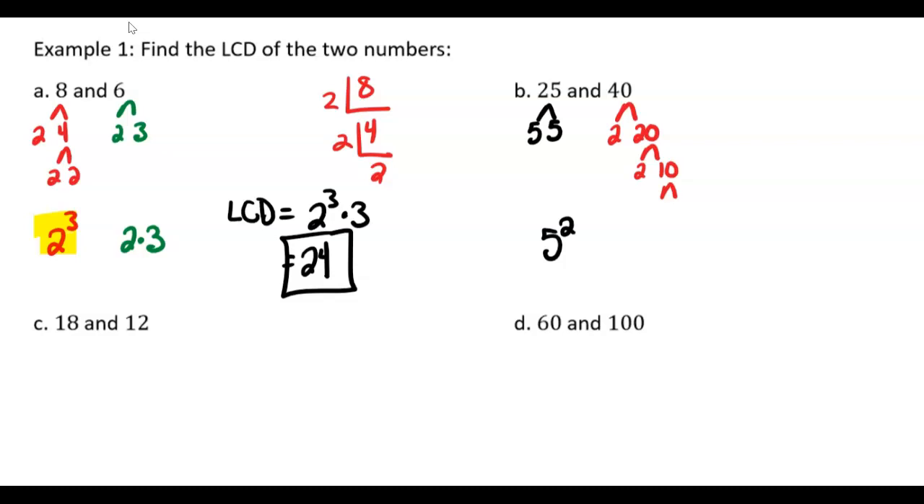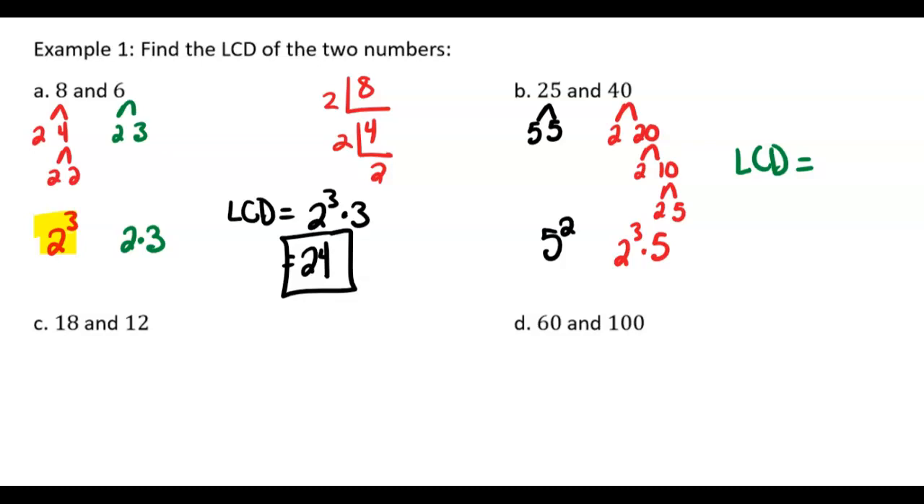10 is 2 times 5. And that's where we're at. So if we go here, then I have 2 cubed times 5. Okay, so to find the lowest common denominator, which comes from, if you remember learning about least common multiple back